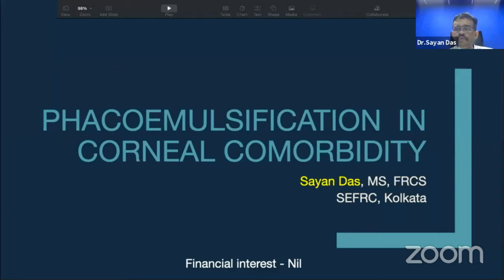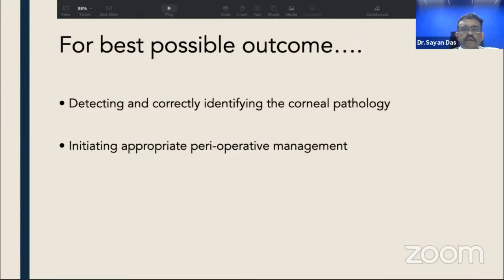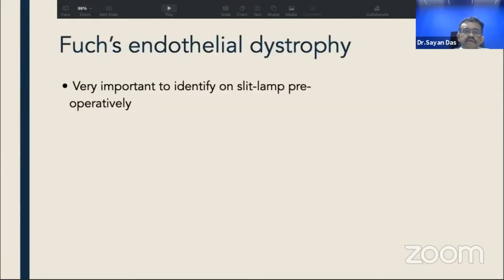So my topic for today will be phacoemulsification in corneal comorbidity. Pre-existing corneal pathology may compromise surgical technique, may lead to suboptimal or undesirable results post-operatively, or even after cataract surgery, over a period of time, the corneal pathology may progress. So for the best possible outcome, we should be able to detect and correctly identify the corneal pathology and initiate appropriate perioperative management. So beginning with Fuchs